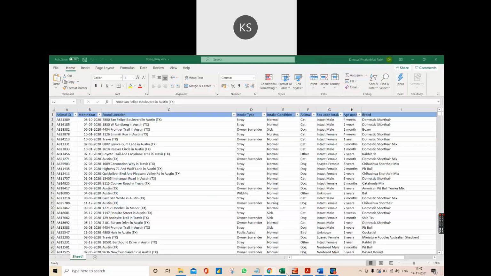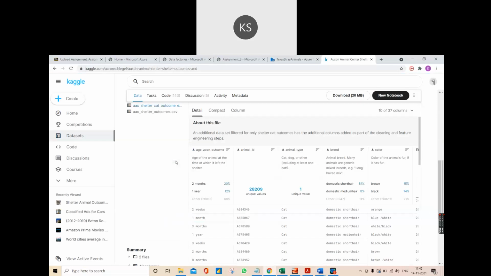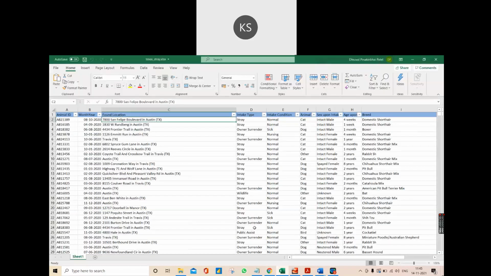Can you click on the link of the dataset? Okay, so this is the dataset which we are using, and we have taken it from Kaggle. It is about stray animals, and on which date an animal, which can be a cat or dog, was stray or was surrendered by its owner.